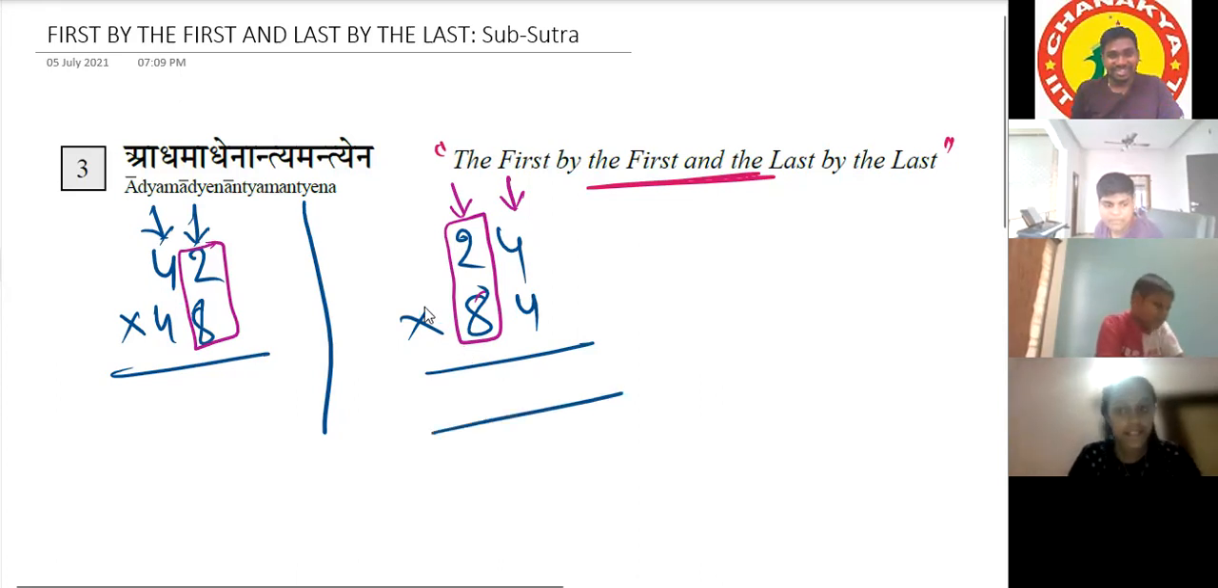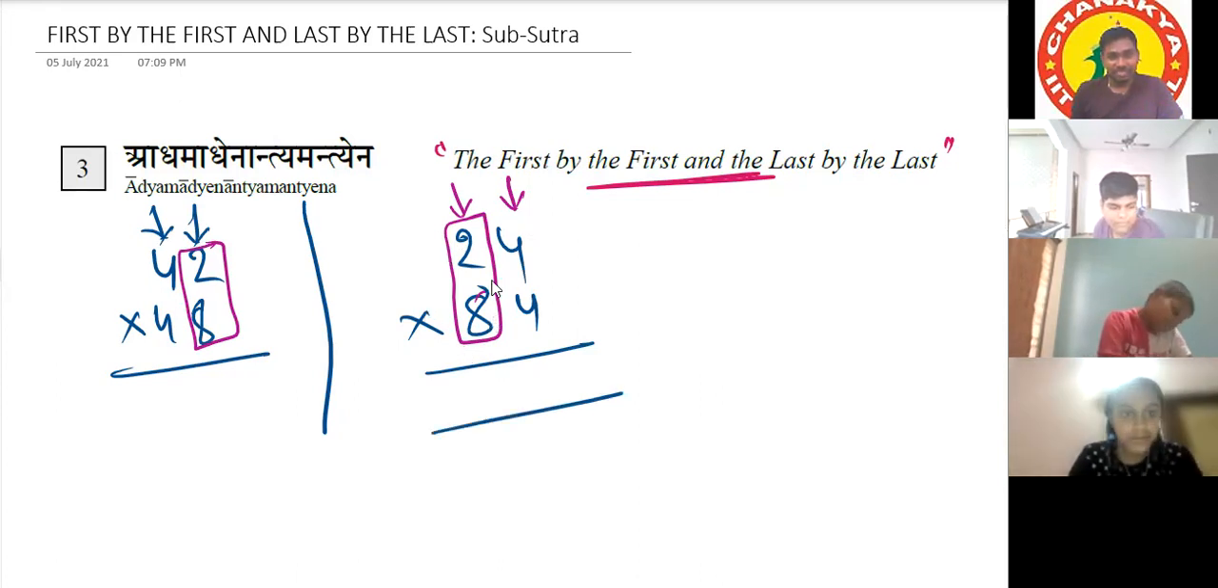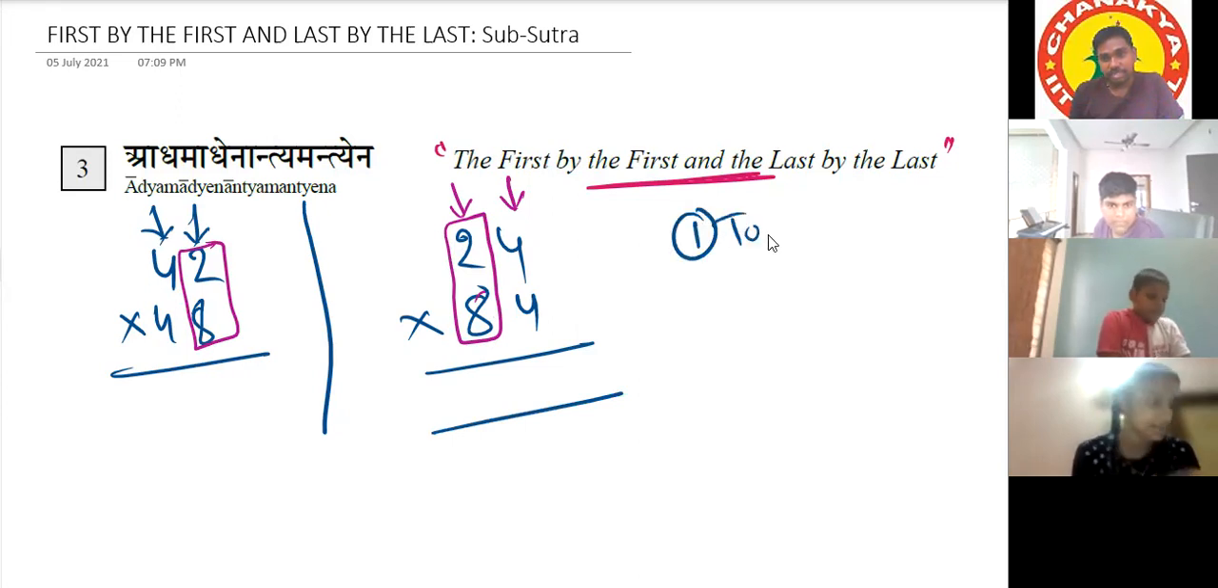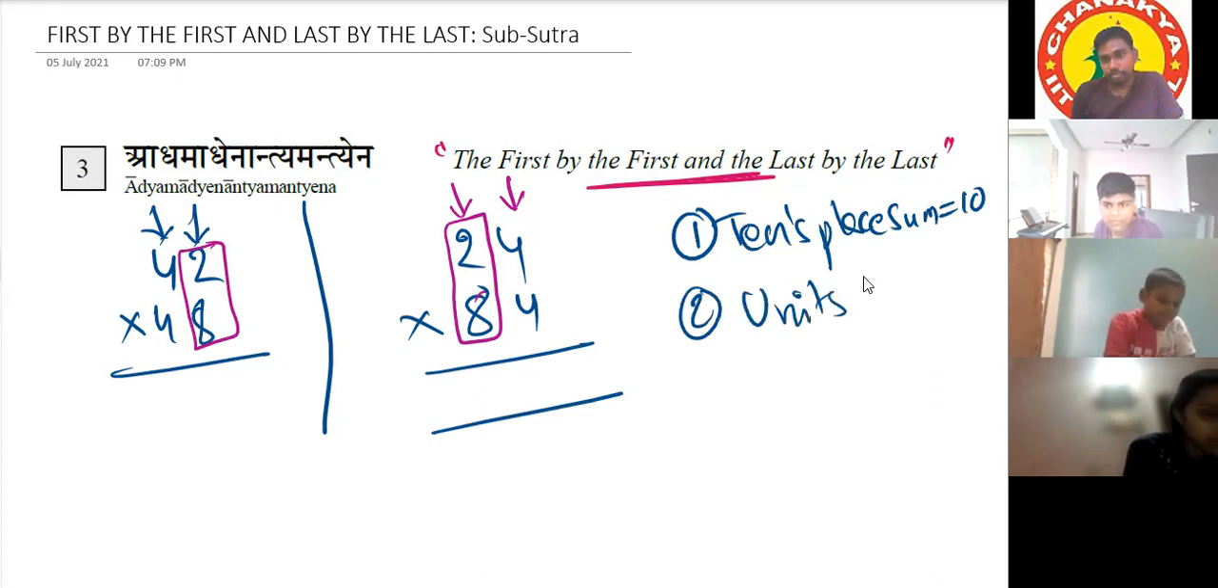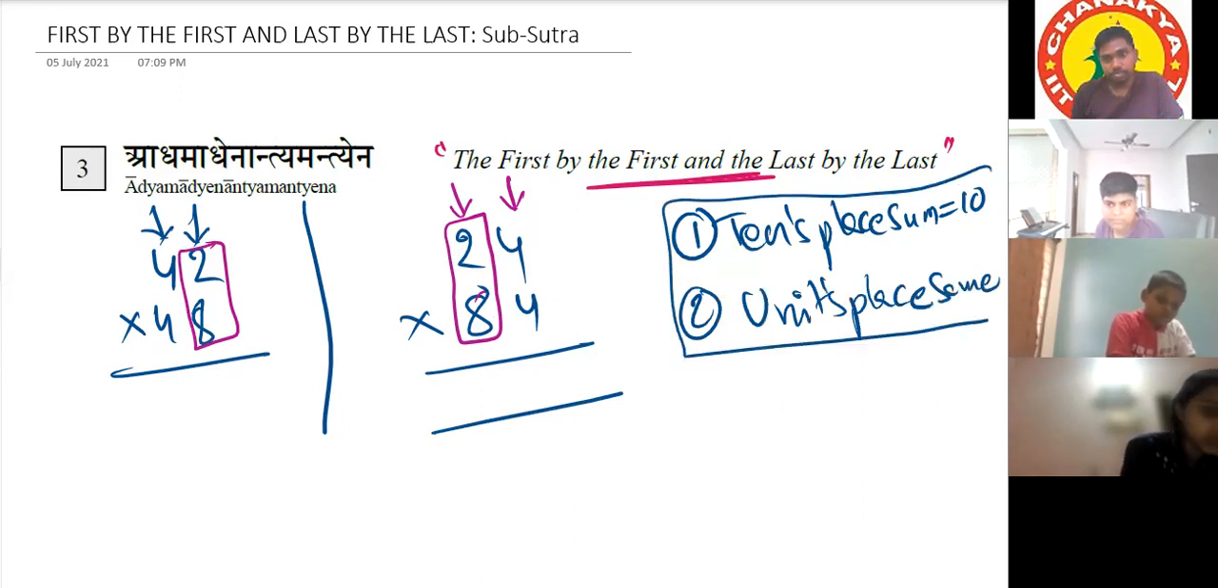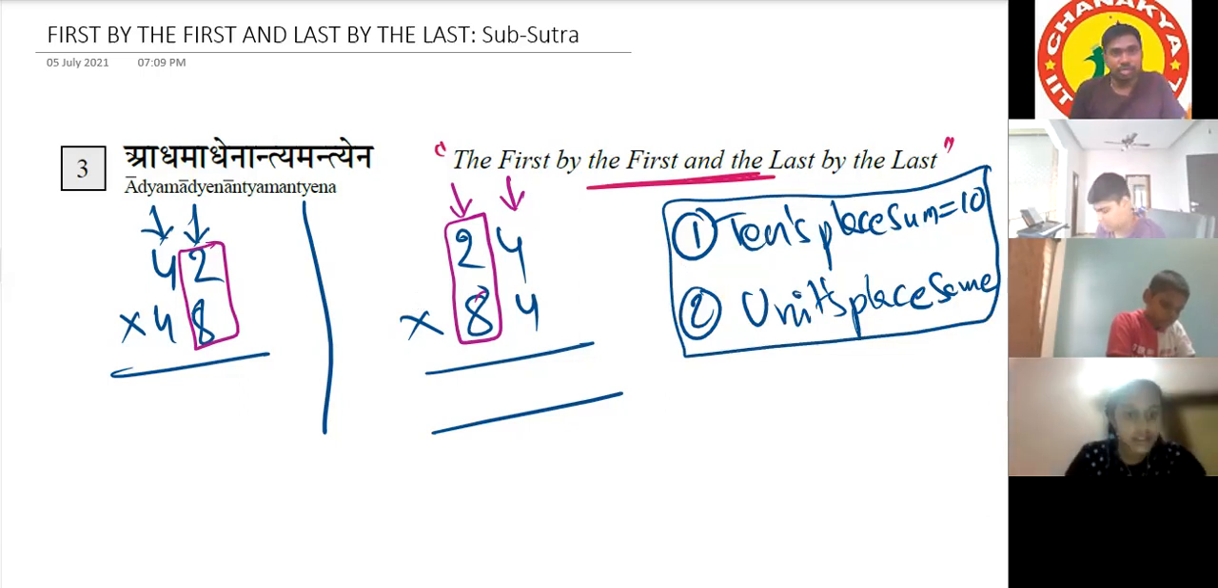Okay. See how to do these type of questions. Here I'm writing the condition. Number 1: tens place sum is 10. And second point: units place same. This is the condition. Okay. So if this condition applies, then how to answer this question is...